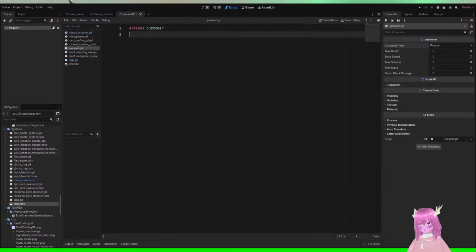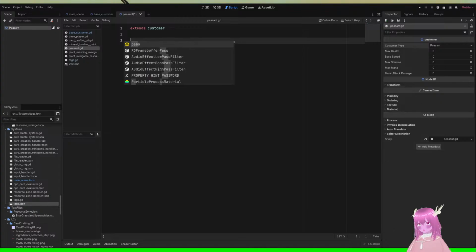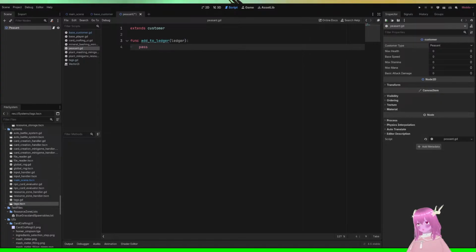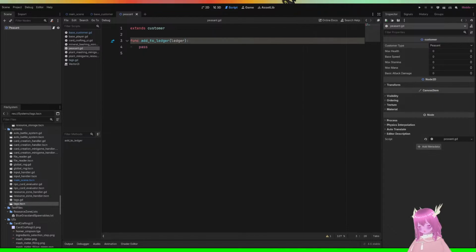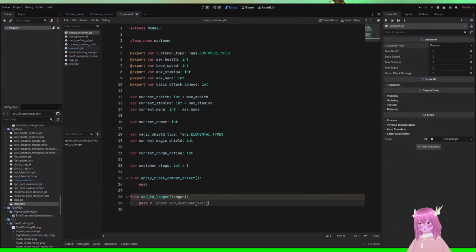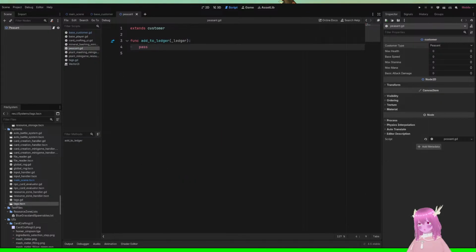There's probably going to be a better way for me to do this in the future, but it's okay. We'll just say like that for now. Does that work? Are you allowed to do that? You are, okay. They will not add themselves to the ledger because the ledger is just for adventurers. Customers who adventure.